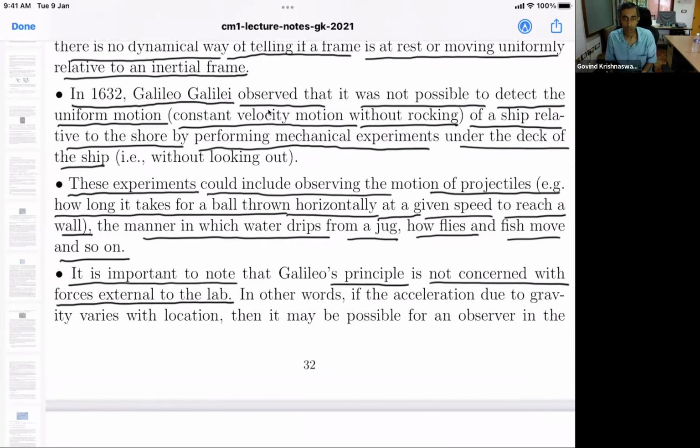So he is not concerned with forces outside. In particular, let me take a specific example. If the acceleration due to gravity, which is an external force, not something between particles within the room in the ship. In particular, if the acceleration due to gravity varies with location, and that is true, it does vary a little bit with location on the Earth's surface, and it certainly varies with height,